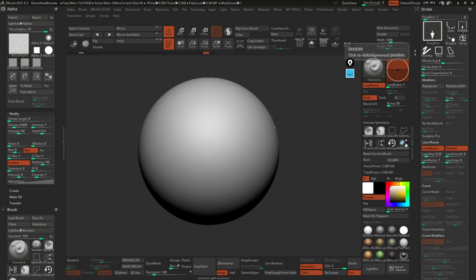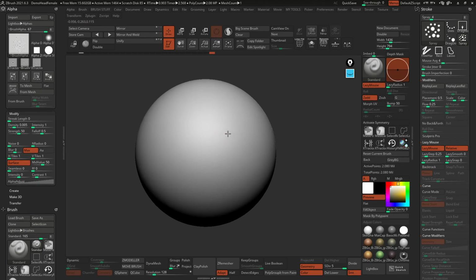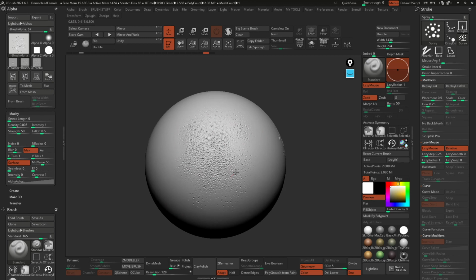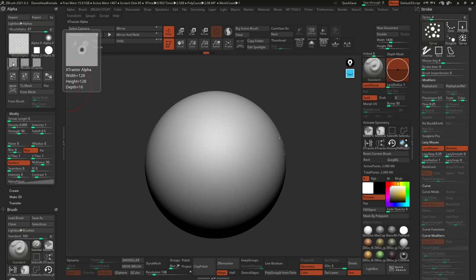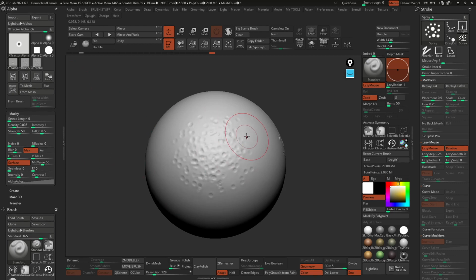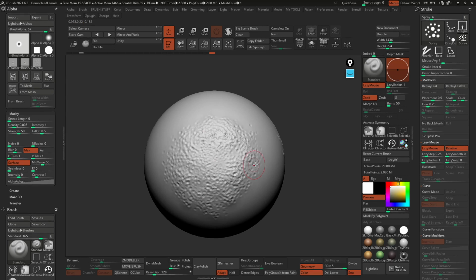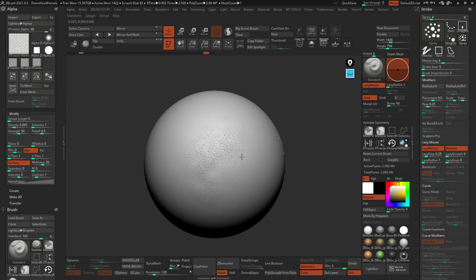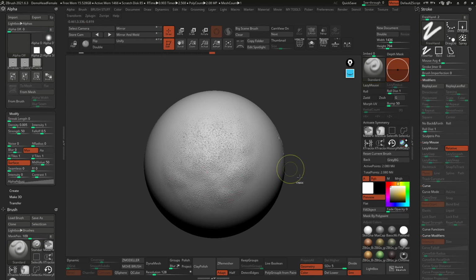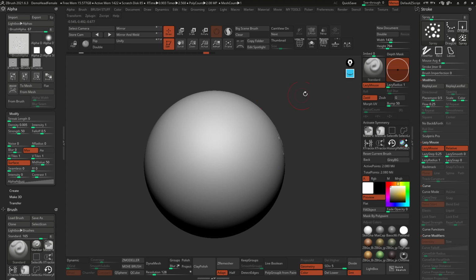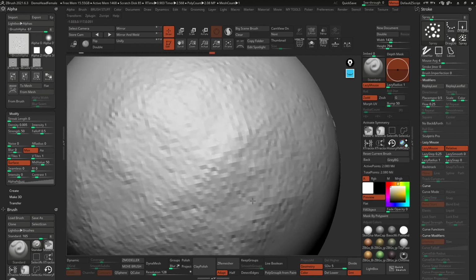Now we can take this even further and click on the spray. So now the spray is just going to give us a spray version of that alpha. Maybe this is way too small. I think this one would work a lot better if we use the single alpha, the first one that we created, right? But you see how quick it is to switch between these brushes and these alphas. That one is actually quite all right. So very quickly, we can change from the standard brush and make, I don't know, a brush to create pores in ZBrush, right?